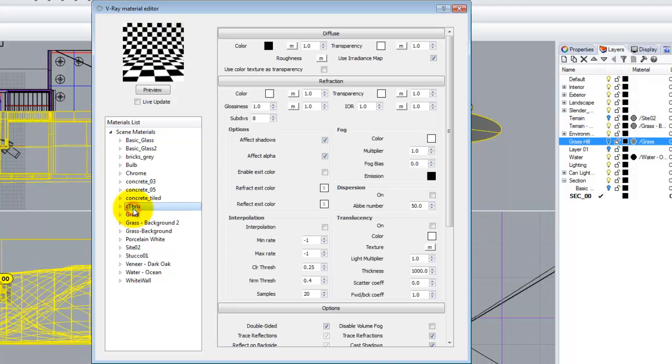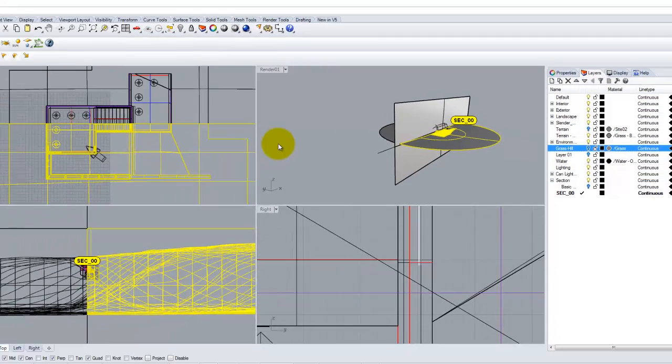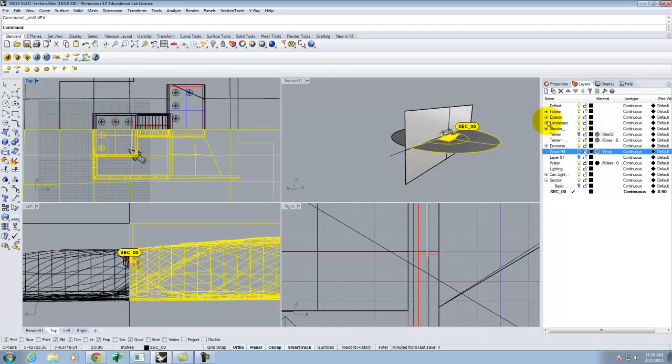Perfect. There it is. Okay, and we see the preview of it there. It's invisible. Now, ultimately, I'm going to assign it to the materials. But what I don't want to assign it to is any glass, right? Because anything that I have as glass, obviously, I want the light to still come through as if it were a window. So what I'm going to do is come over here and look for wherever I have glass in